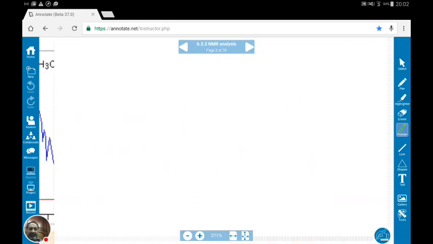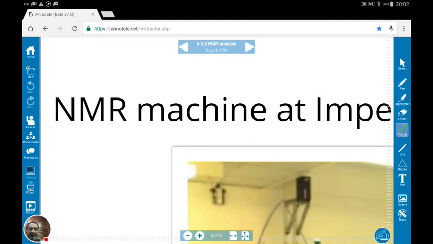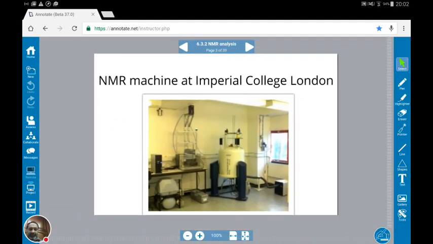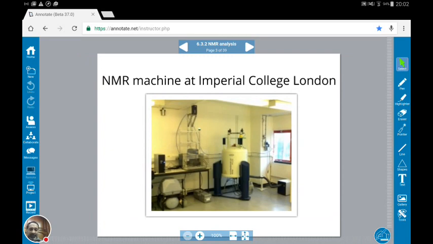Let's look at exactly how one of these NMR machines looks. This is a typical setup. In actual fact, this was the real NMR room at Imperial College that I studied at during my postgraduate degree, and I've had the, I would say, privilege of using one of these machines. And why do I say I've had the privilege? Well, these machines are not cheap. The average cost these days for picking up an instrument of this kind would be in excess of £2 million. And unfortunately, that's not the end of it all. It costs around about, I would say,